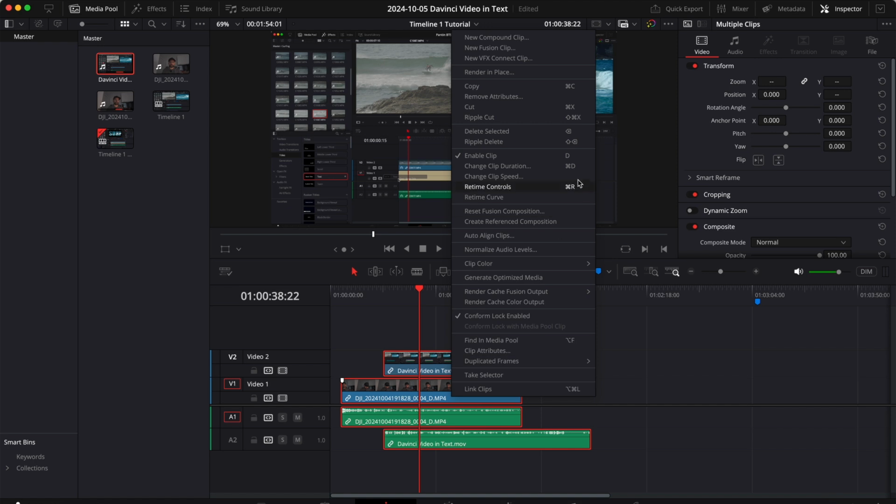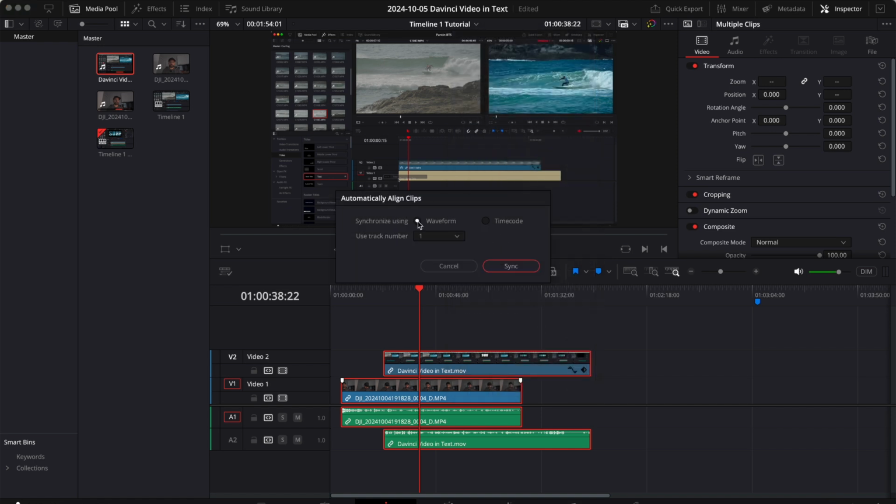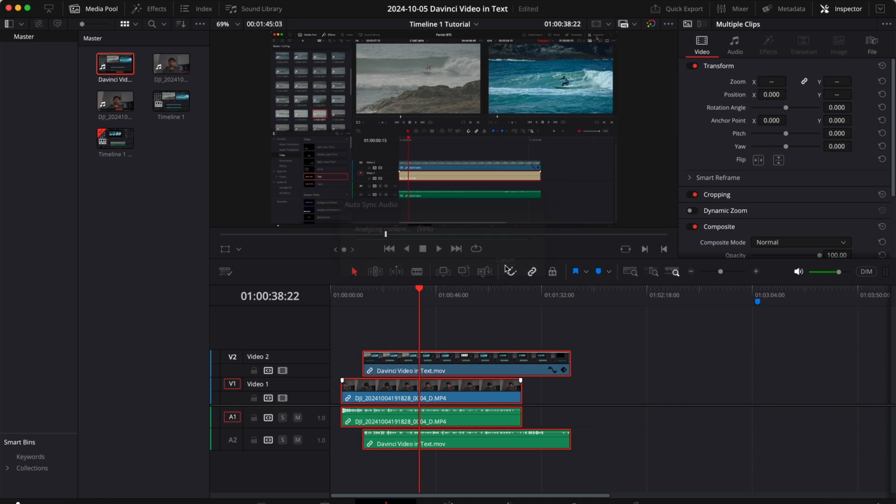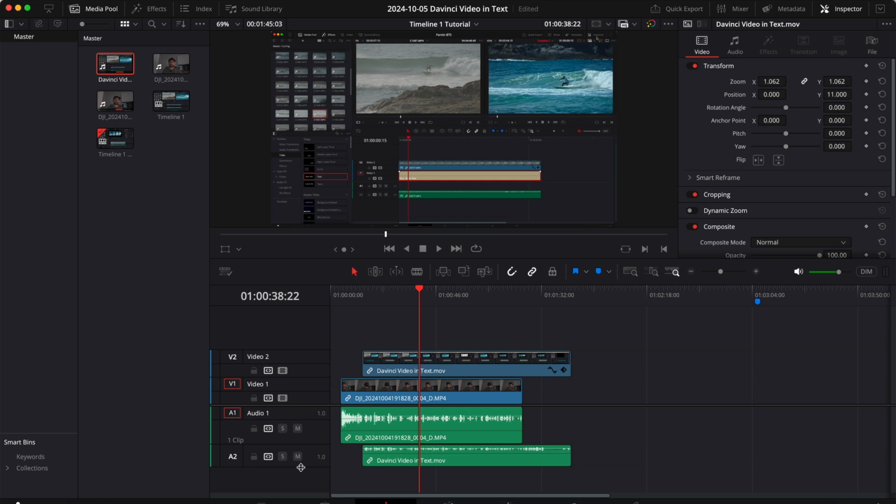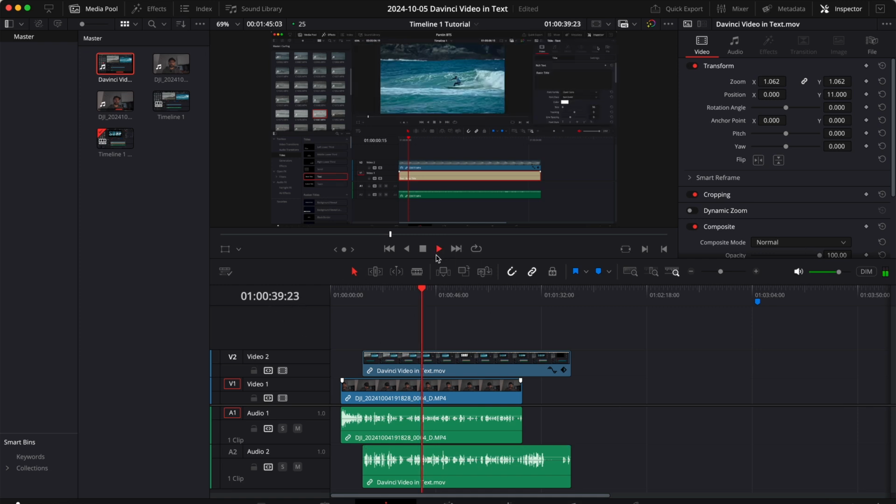Right click on either one, go to Auto Align Clips, select Waveform and click Sync. Now DaVinci will analyze both clips and sync them up. So if we take a look at the waveforms, we'll see that they are perfectly synchronized. And if we hit play, you will hear me